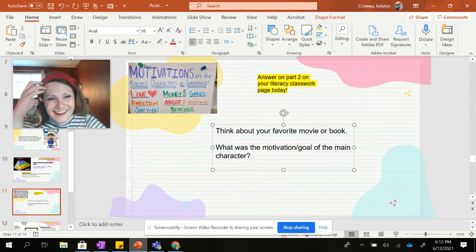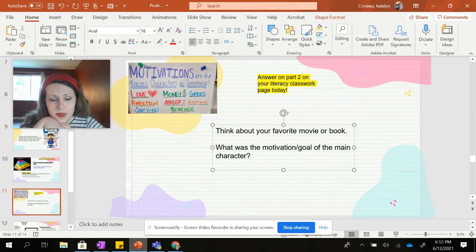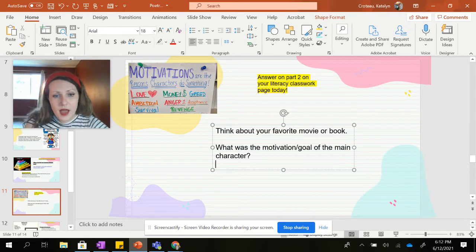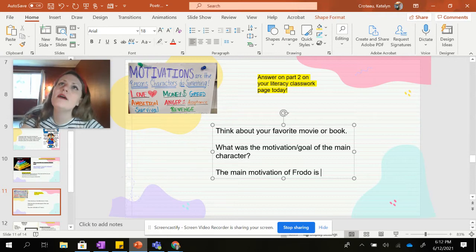Without getting into all the subplots, he's never left his home. He's never left his city. But he is put on this quest that he's pretty sure he'll die on. Everybody says you're probably not going to make it through this. And if you do, you will never be the same. Why would he do it? Well, I believe the main motivation of Frodo, I'm going to list my favorite character, but you could list yours, is, I'm going to go back to this list and pick the best word that